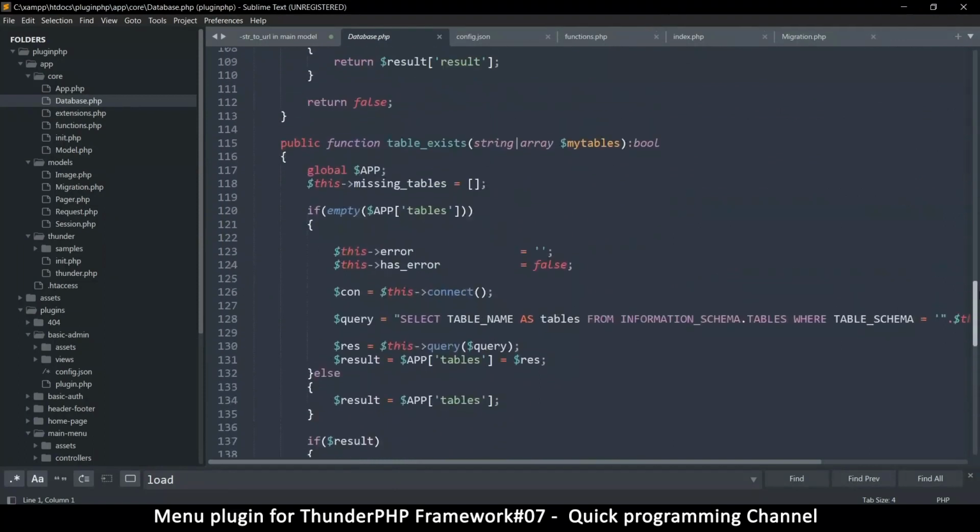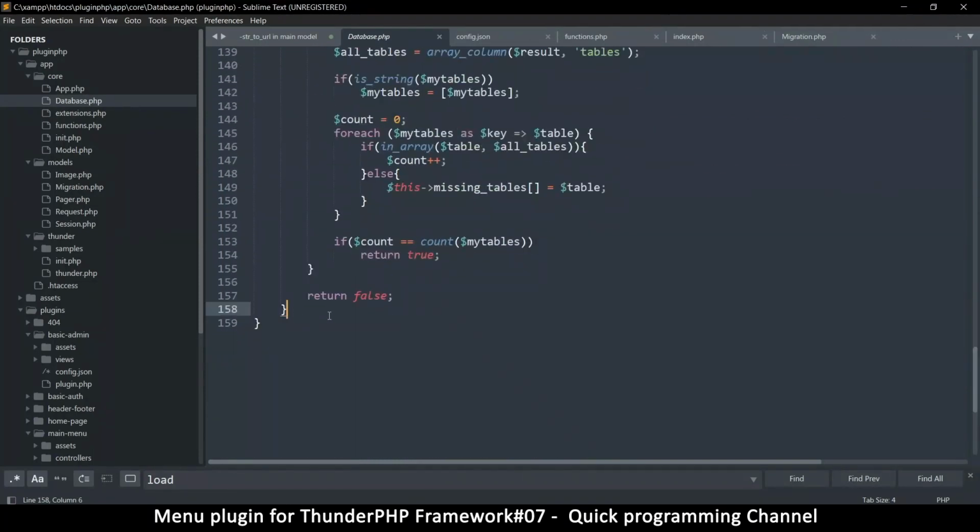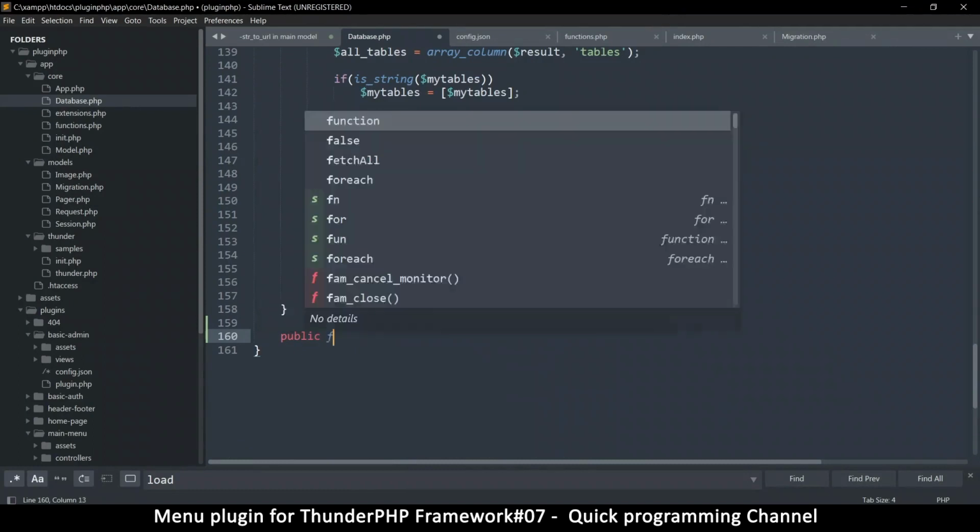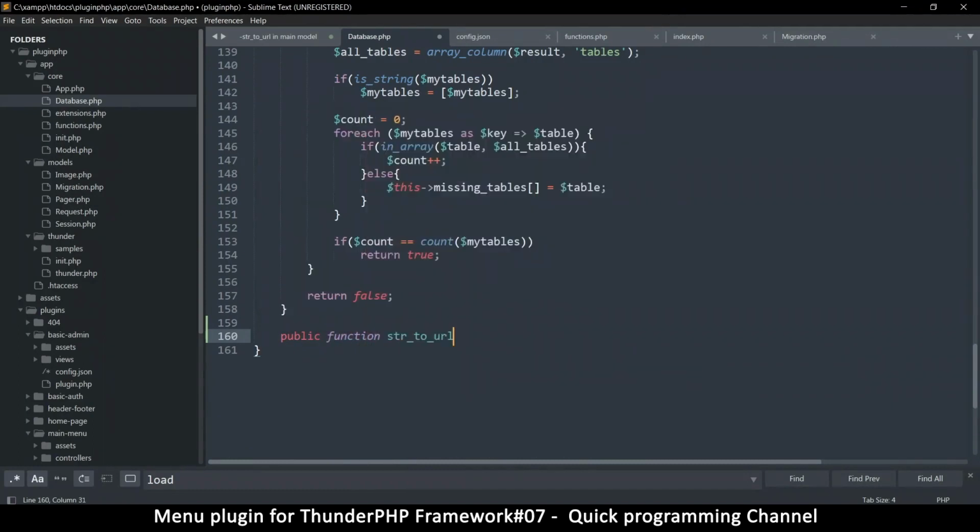Now the significance of this function is that, let me put here, public function string to URL, and let's put a string over here. Now instead of all this, I'm just going to copy the code that I already have. Now to explain what this function is for, let's say you are creating a table with posts, for example. So you may want to get the title of the post and use that as a unique identifier for your particular post. And the reason you might want to do that is because in your URL, for example, let's say you have a website and it says